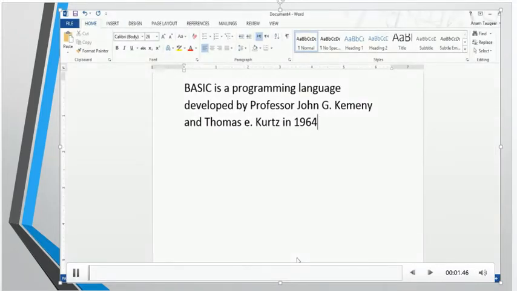Assalamu alaikum everyone. In this tutorial, we are going to learn how to add footnotes and endnotes. But before adding footnotes and endnotes, we have to learn the difference between the two. Basically, a footnote always appears at the end of the page, whereas an endnote appears at the end of a document